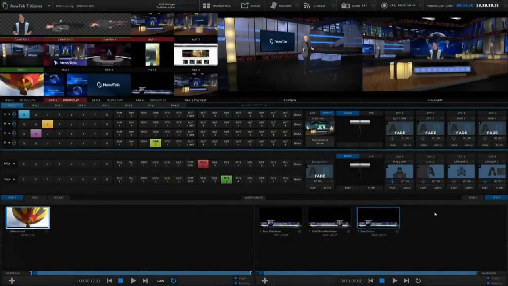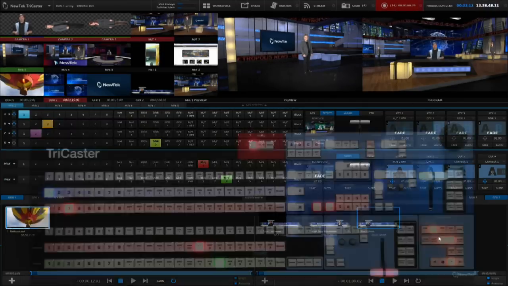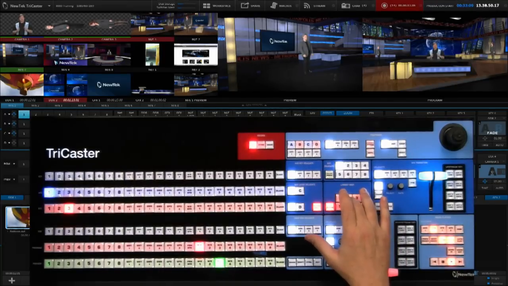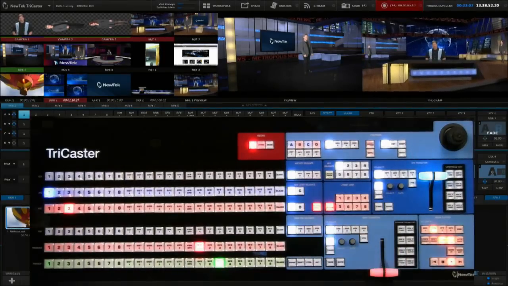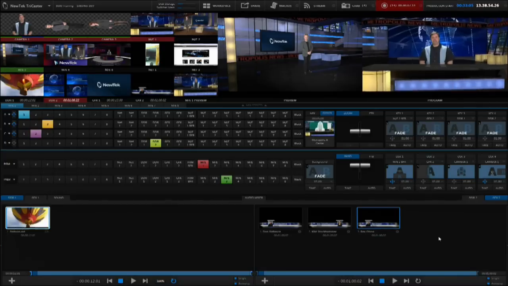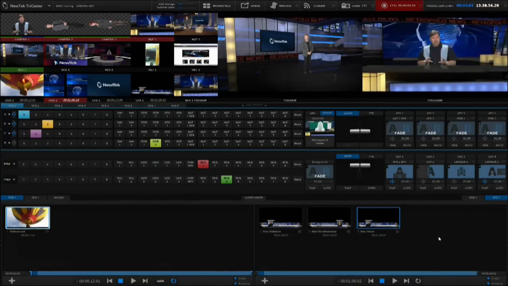So let's talk about using the sharing functionality within the workflow of an actual live production. Let's say we're starting our show. We're going to go ahead and start recording, and we're going to go ahead and zoom in as we're starting our show. And now what we want to do is get a still image of this show